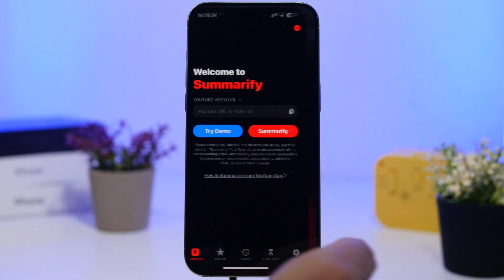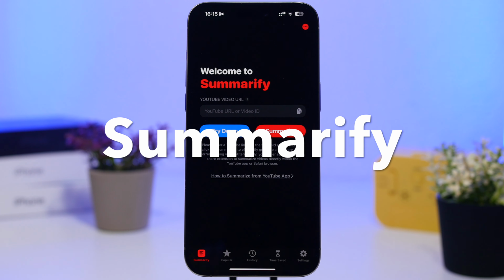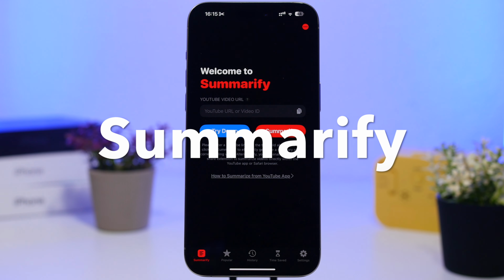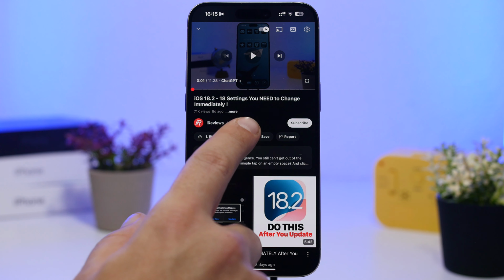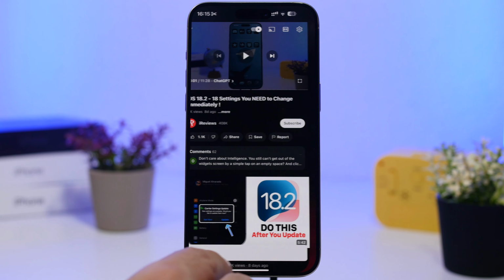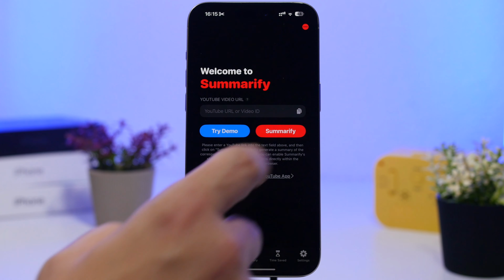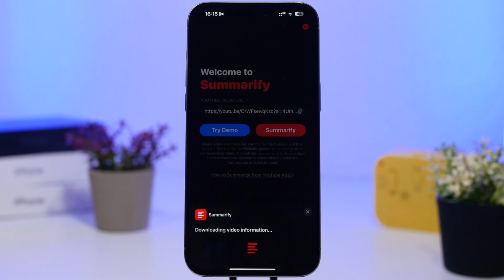And we're starting with the first one called Summarify. What it does, it allows you to summarize videos from YouTube. Now I've reviewed similar apps before, but this one is even better. So what you need to do here is go to a YouTube video and just grab the link of that video, copy the link and come back into the app here. All you have to do is just paste the link. Allow the paste here, tap on Summarify,